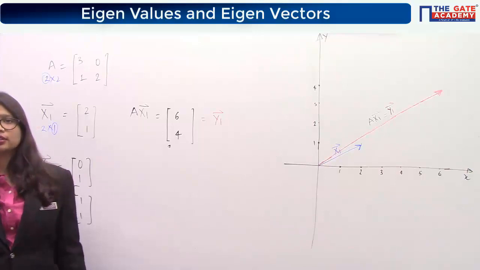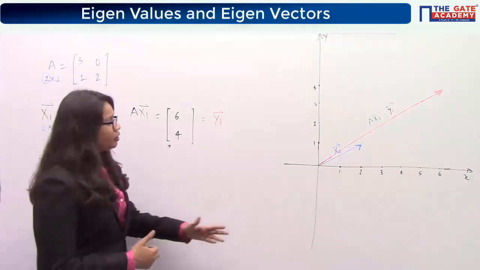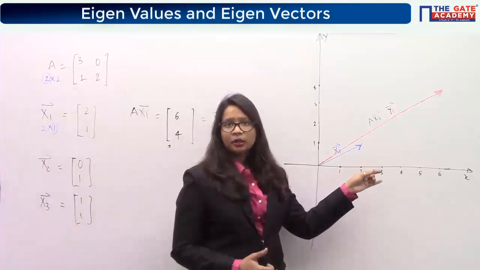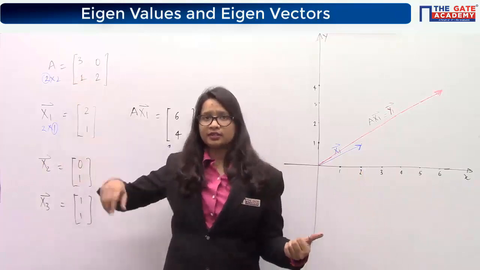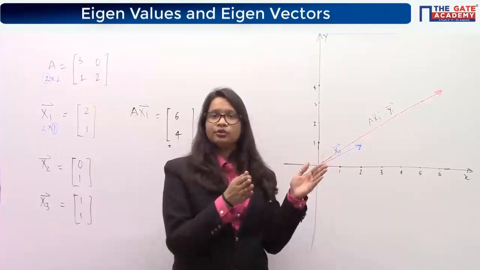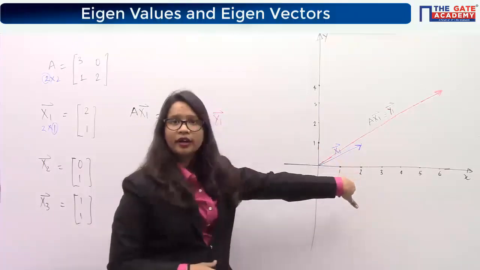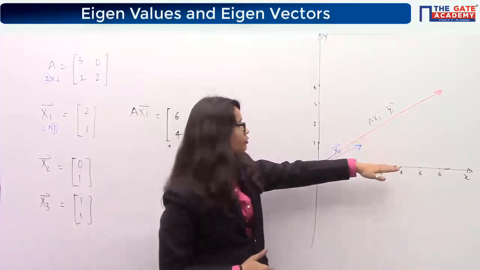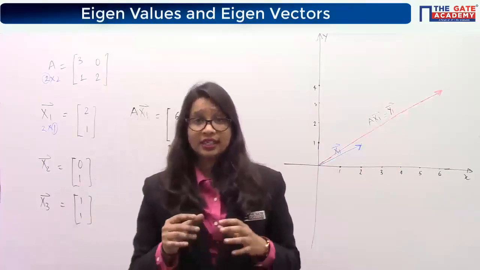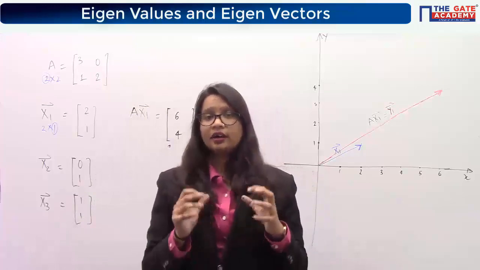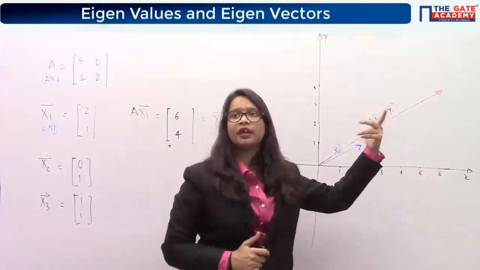I'm going very slow, I guess. Okay. So now you can see easily what happened to this initial vector. Can you tell me what happened to the x1 vector when you multiplied it with this matrix? It converted into some other vector. Are you able to see it? This was your initial vector, the blue vector was your initial vector, and now it has converted into some other vector. This process is known as linear transformation. What is happening with the vector? It is getting transformed into some other vector.